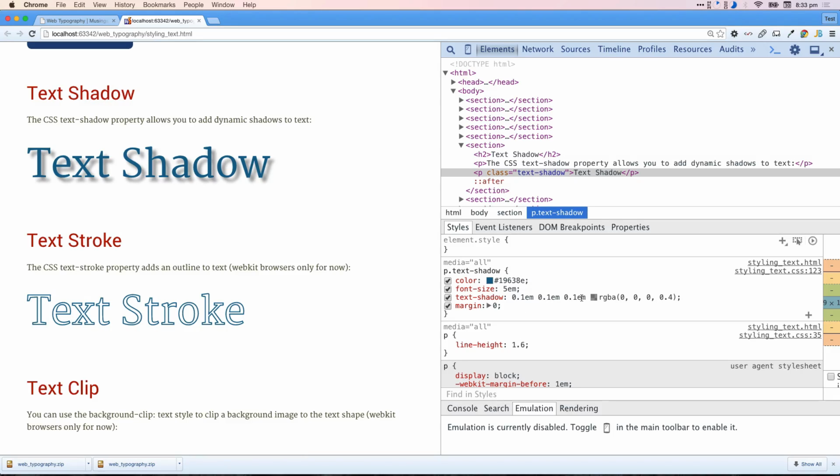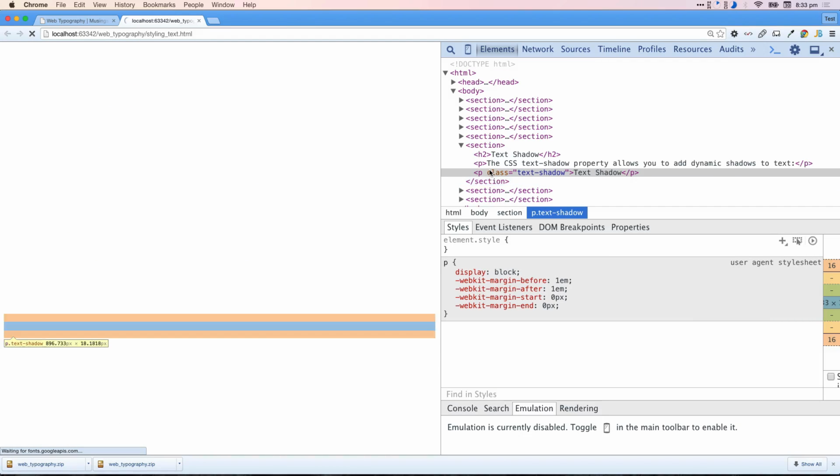Now the first 2 values represent the horizontal and the vertical offset. So if I don't specify them or specify them as 0, the shadow appears directly aligned with it, and it looks more like an outer glow. But generally when you have a text shadow, you have an offset. So I've offset the text shadow by,